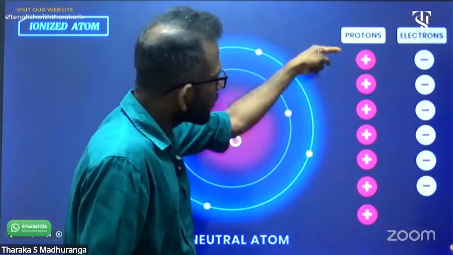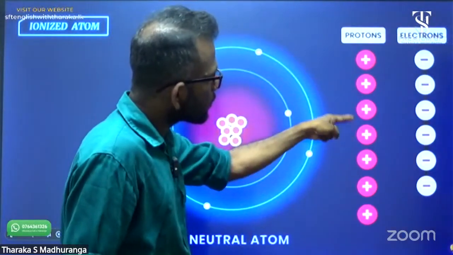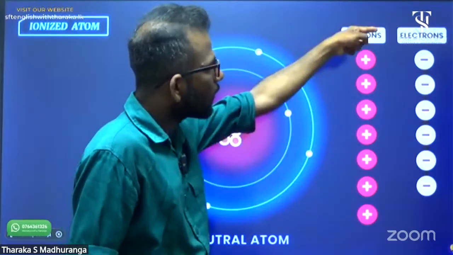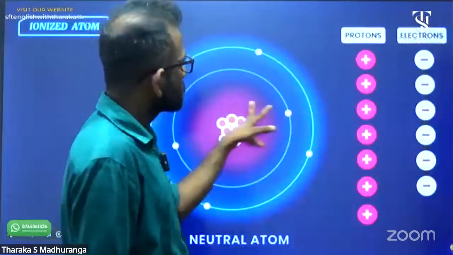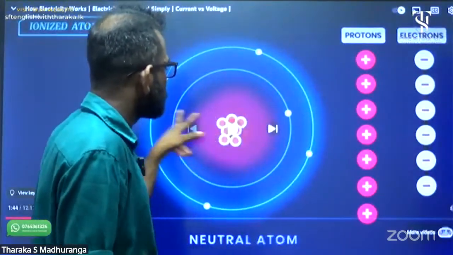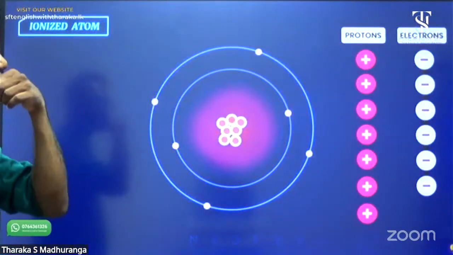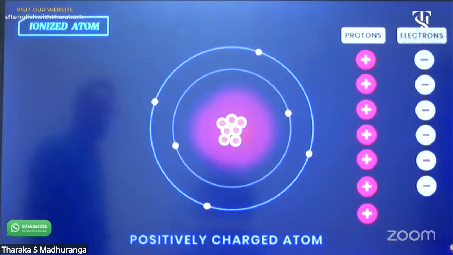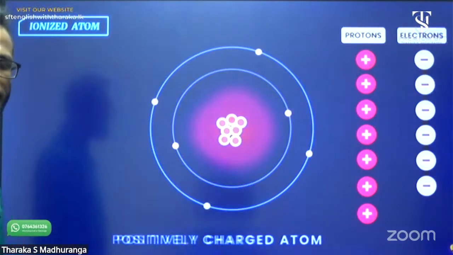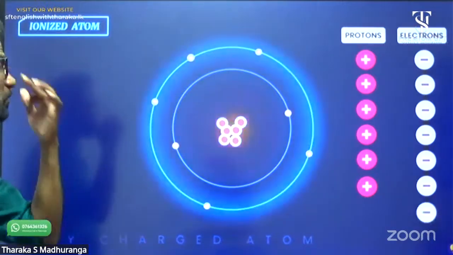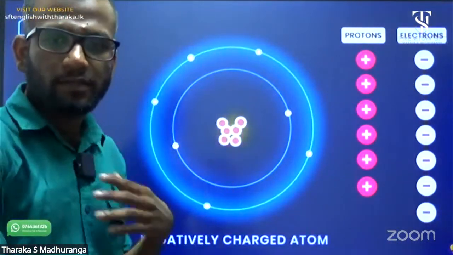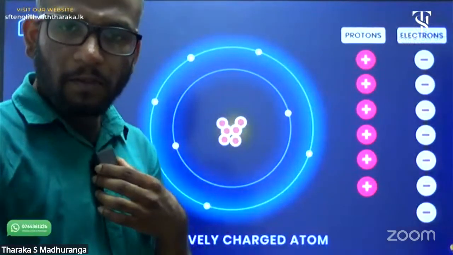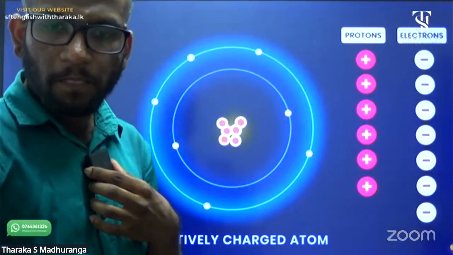But this time, 7 protons and 6 electrons. Now it is positively charged. If the number of protons is greater than the number of electrons, the atom is called a positively charged atom. Similarly, if the number of electrons is greater than the number of protons, the atom is a negatively charged atom. We call both positively and negatively charged atoms ionized atoms,